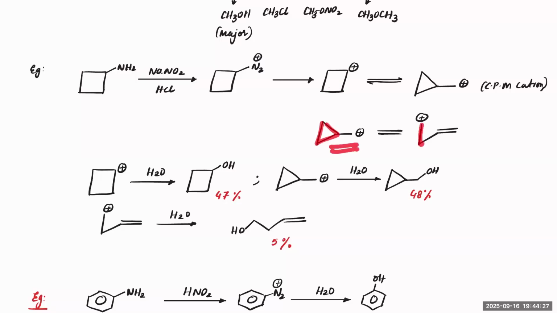The cyclopropylmethyl carbocation has two resonating structures like this. That means now if you notice, you have this carbocation, this carbocation, and this carbocation. All three can form various